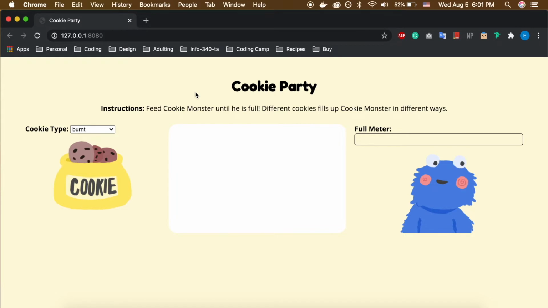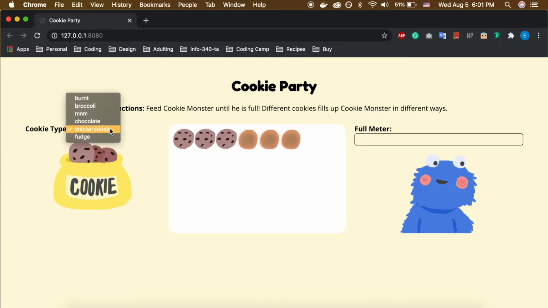Alright, so this is the end result of Cookie Party. Essentially, there's a cookie jar, there's Cookie Monster, and you're trying to feed Cookie Monster until he is full. So I can specify what types of cookies to generate within the plate here, and then I can click cookie, and then it'll generate here. I'm gonna click snickerdoodles, and it generates snickerdoodle cookies, fudge cookies,